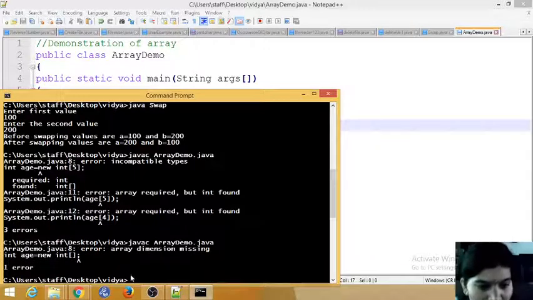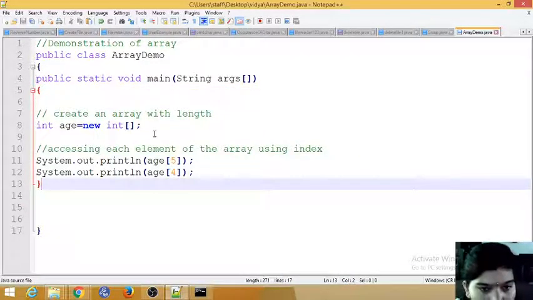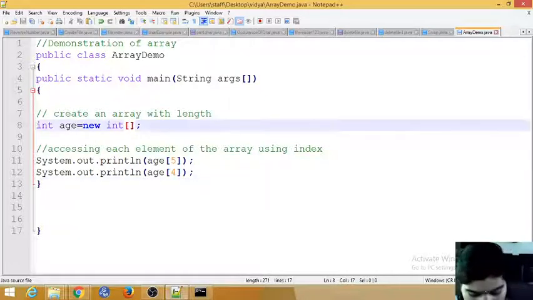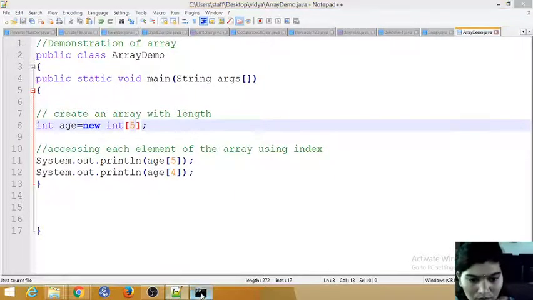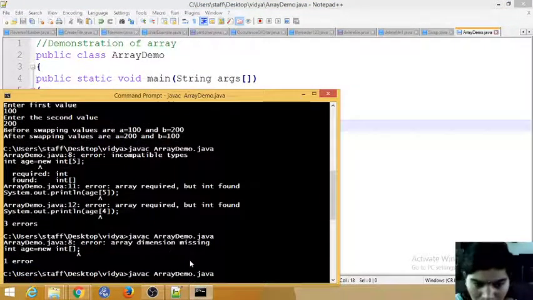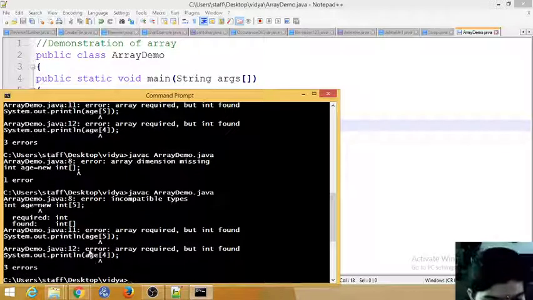I'm getting some error here. We'll check it. Dimension missing. So we'll give 5. Array required, but it won't work.